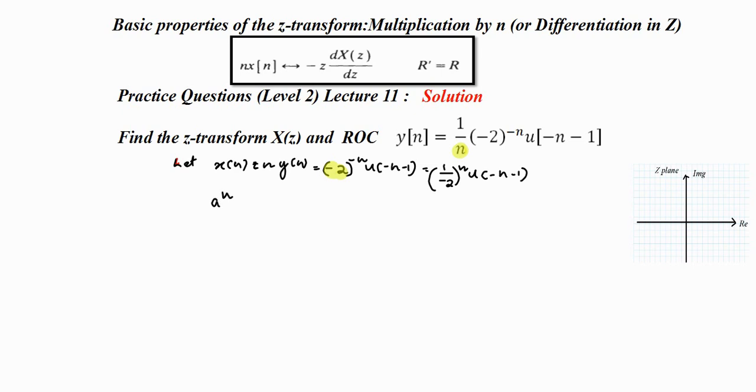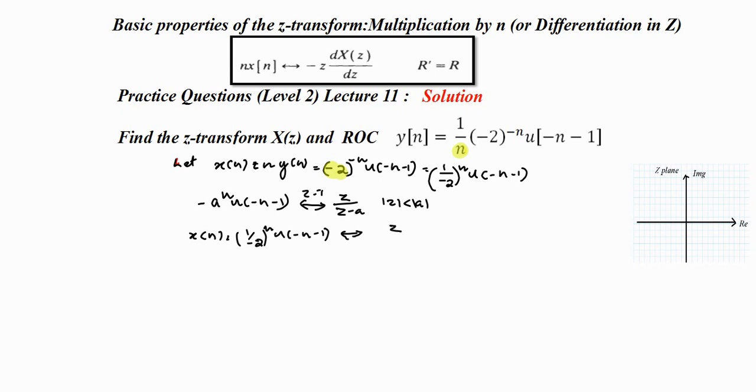For example, it's a raised to n into u of minus n minus 1, with a minus also. So this is a standard anti-causal signal, so you can write the result like this: z by z minus a, and the modulus of z less than a, because it's an anti-causal signal. Okay, now we can compare this particular signal. So x of n can be written as 1 by 2 the whole raised to n u of minus n minus 1, which can be written as